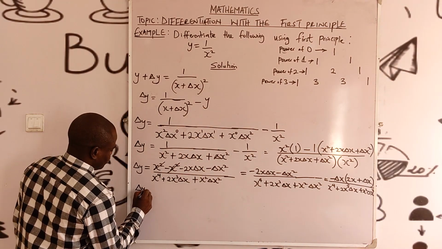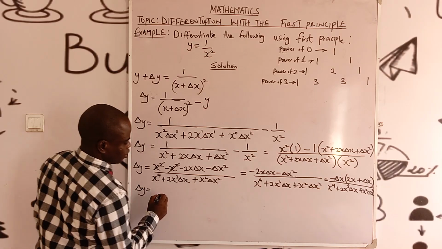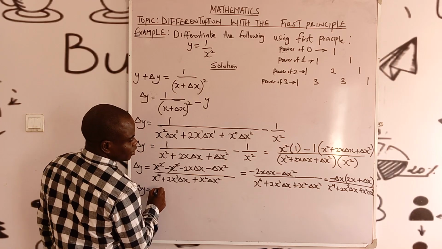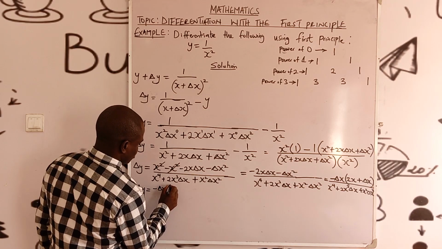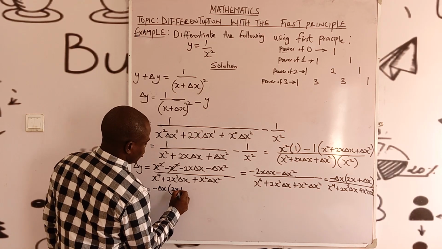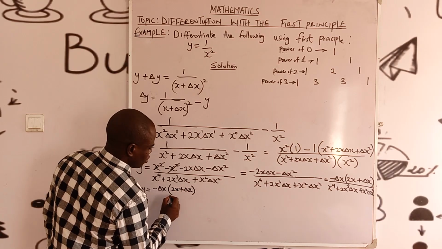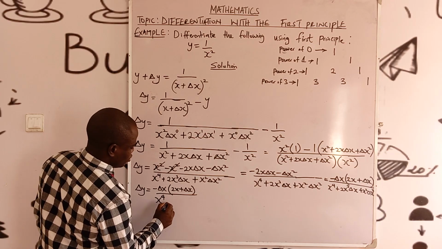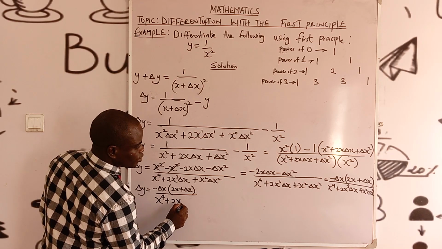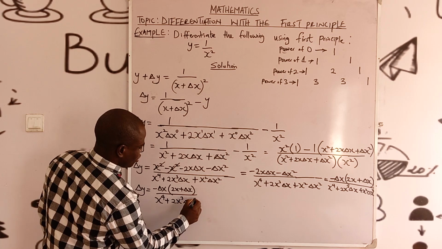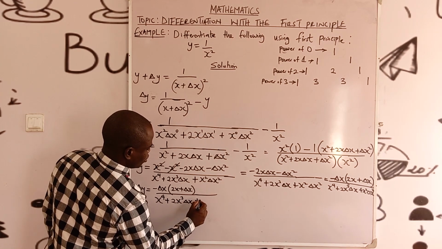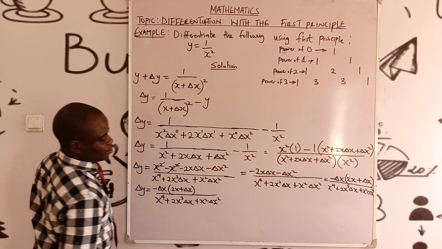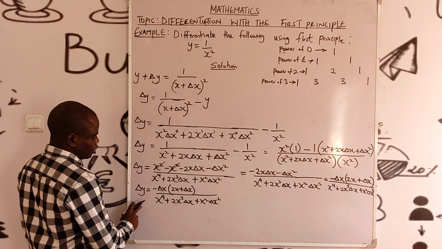I'm going to write dy equals minus dx into bracket 2x plus dx over x raised to power 4 plus 2x raised to power 3 dx plus x squared dx squared. Now you multiply